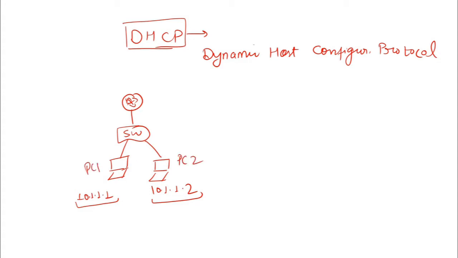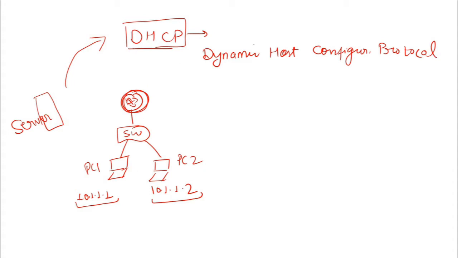The problem becomes very complicated when you have a very large network and you have to go to each and every computer and assign the IP address. Now it becomes very difficult to do these things. For that purpose we use our DHCP server. We can assign any router, or you can give a dedicated server for DHCP, that's also possible, or you can use a firewall as the DHCP server, and that server will be assigning an IP address to your host.